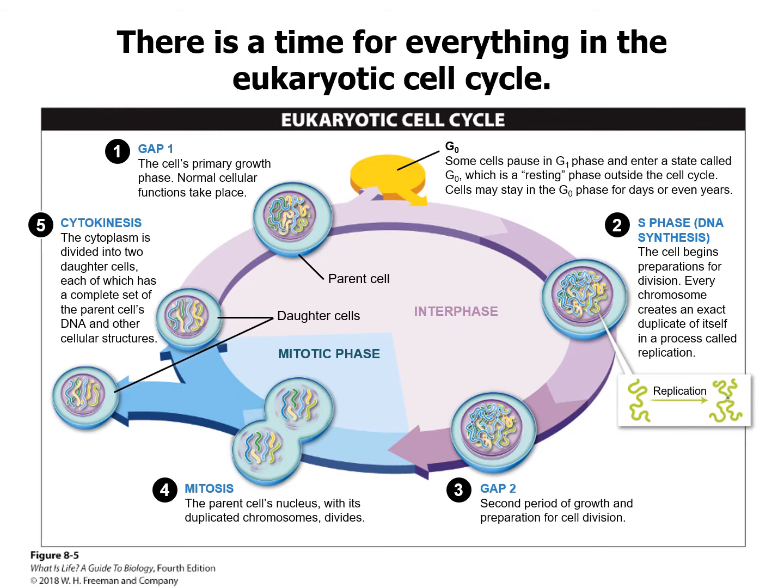As I promised, here we go. So this is eukaryotic cell division, but it's also sort of the whole cycle of the eukaryotic cell cycle. So the first thing I want to point out are the gap phases in this whole cell cycle. So that is that first phase that we see there, gap 1.